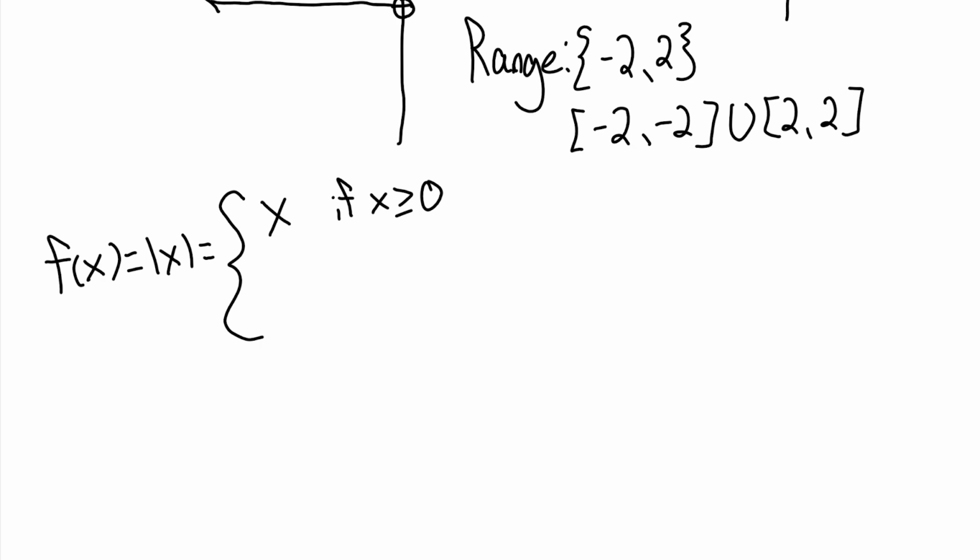The function doesn't do anything to the value if it's already positive. So if the input is 1 or 2 or 3, it simply leaves them alone, right? Now, if you put a negative number into this function,